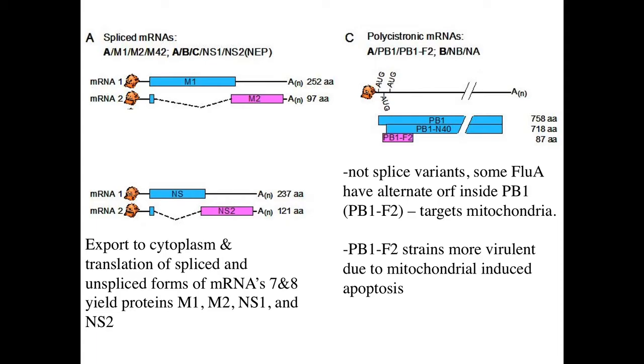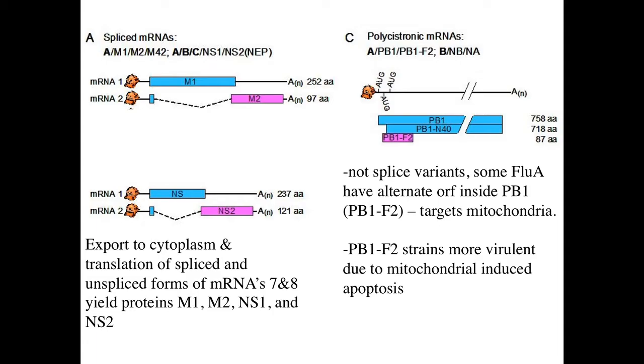If the ribosome starts translation at one start codon, it will make the full length 758 amino acid polymerase subunit PB1. But at some frequency, due to a leaky scanning mechanism, this ribosome can start at another start codon downstream by 39 amino acids. But it will start there and make this slightly shortened, an amino terminal truncated form of